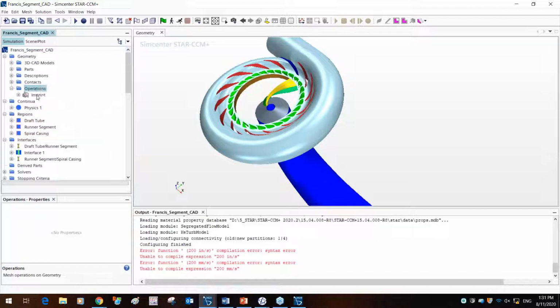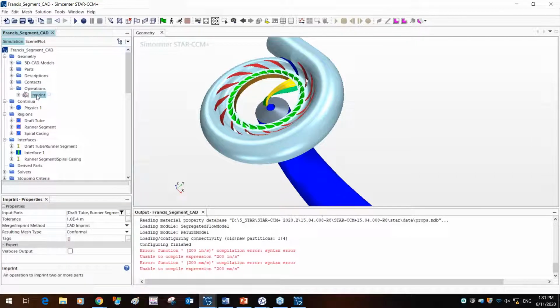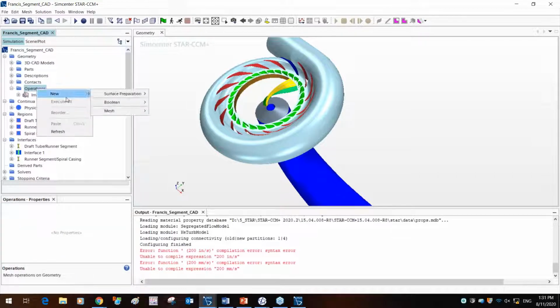The first operation that will be conducted will be the imprint operation to create those interfaces. Then the next operation that we want to do is create the mesh. There are multiple meshers available out here. You have the badge for 2D meshing. If you want to create some sort of 2D mesh or an extrusion from a 2D mesh, there's a volume extruder. You have the directed mesh as well, and the volume mesh pattern if you want to create a pattern for a given volume mesh. But in this case, we're going to create the automated mesher.